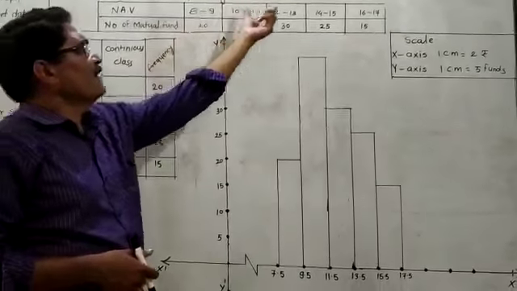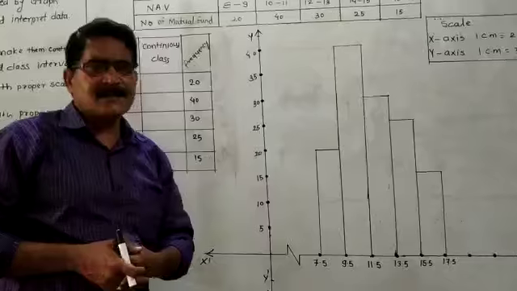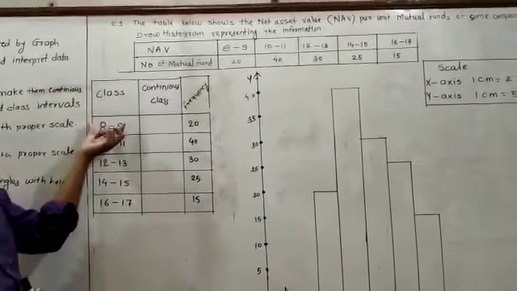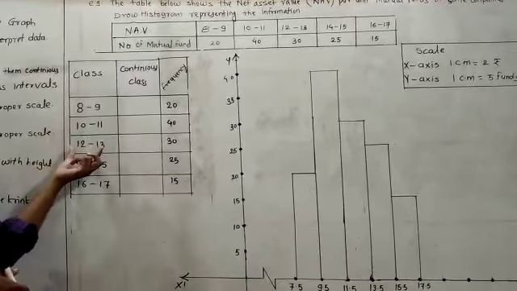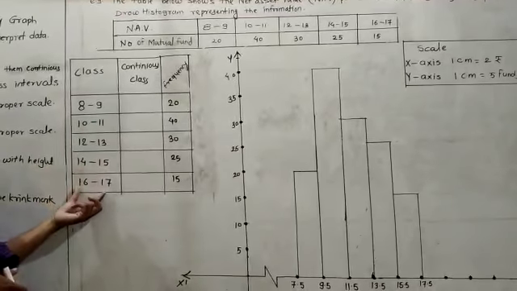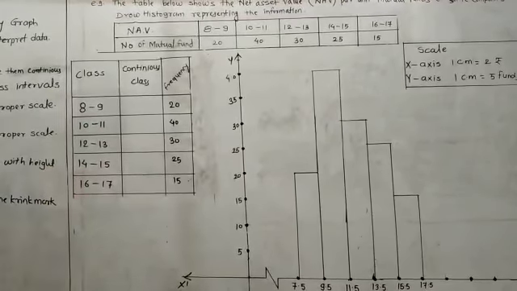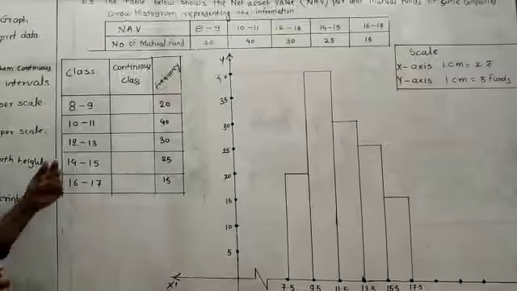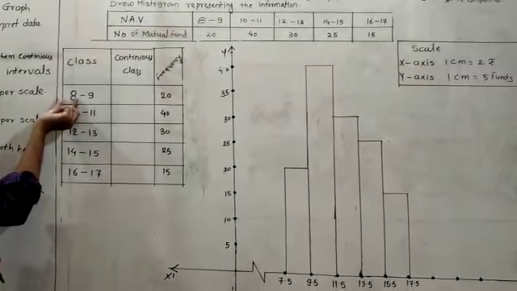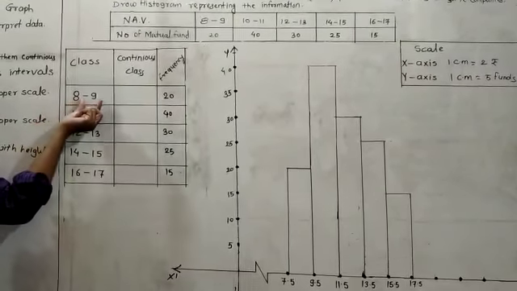These are the classes; upside are the classes and downside are the frequencies. So you have to write the classes 8 to 9, 10 to 11, 12 to 13, 14 to 15, 16 to 17, and you have to continue the classes. For continuing the classes, from the lower limit you have to subtract 0.5, and in the upper limit you have